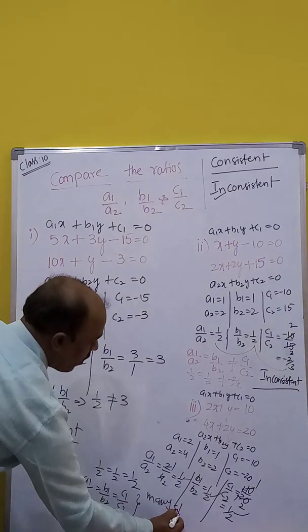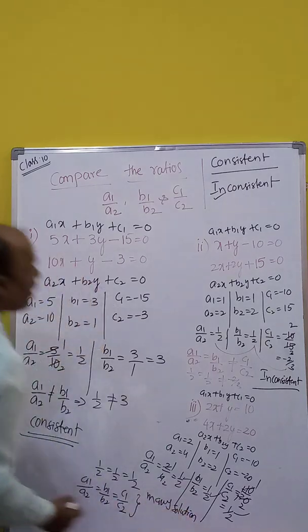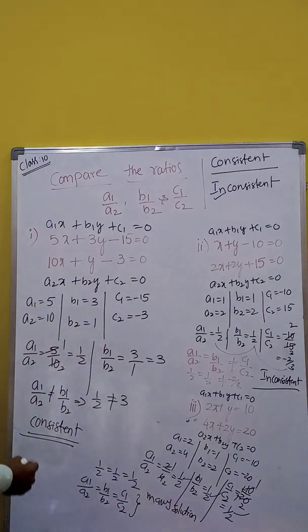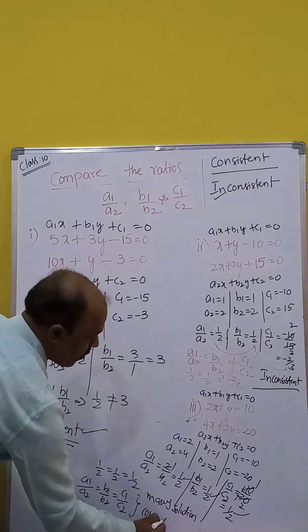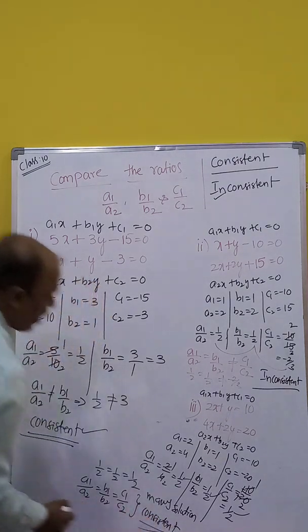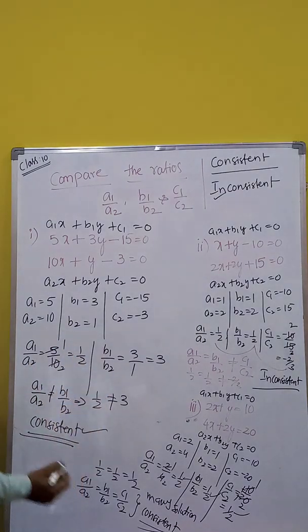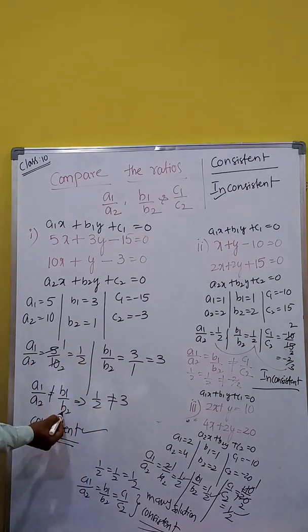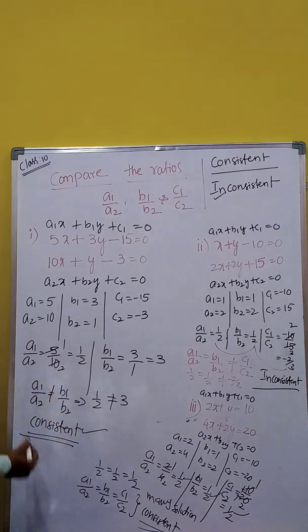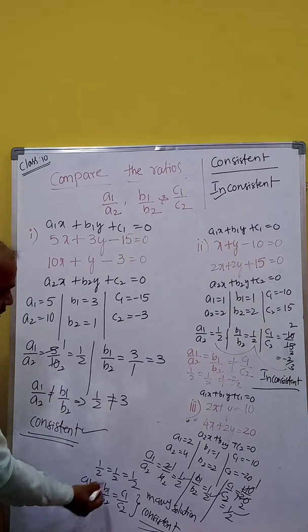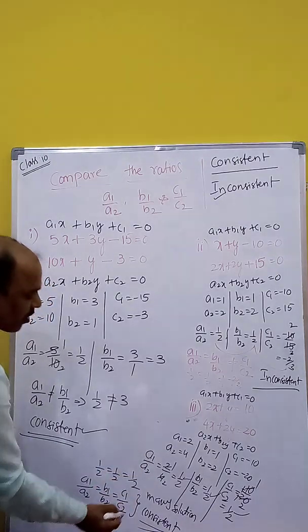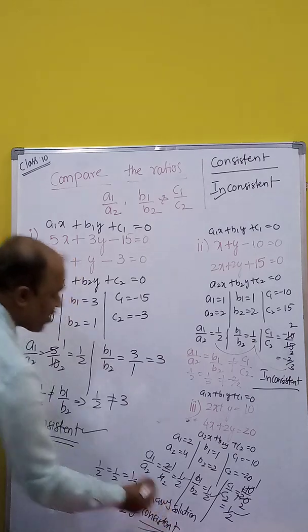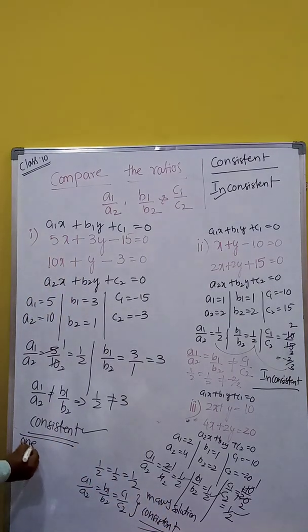Many solutions means what again here? It is consistent. If a solution is there, consistent. Here also consistent. Two conditions for consistent. a1 by a2 does not equal b1 by b2: one solution, consistent. All are equal, a1 by a2 is equal to b1 by b2 is equal to c1 by c2: that also means consistent. How many solutions here? Many solutions. Here, only one solution or unique solution.